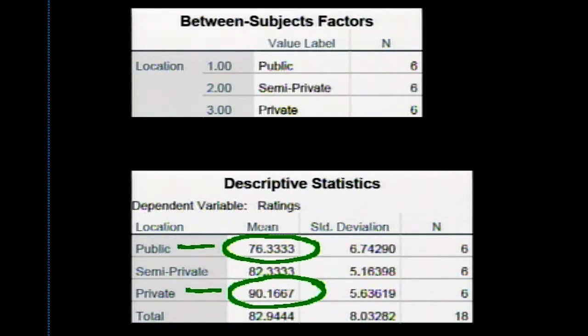We also know that public and semi-private are not significantly different. And we also found out that semi-private and private are not significantly different. Now, this might be very interesting information to have if you had only partially private cubicles or areas available for a mediation session.